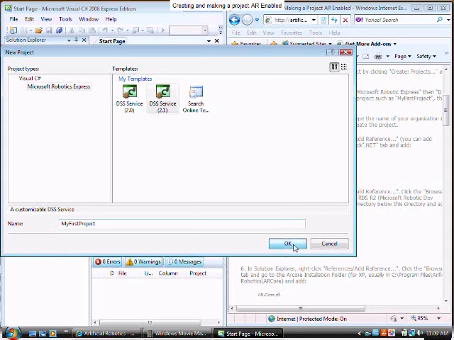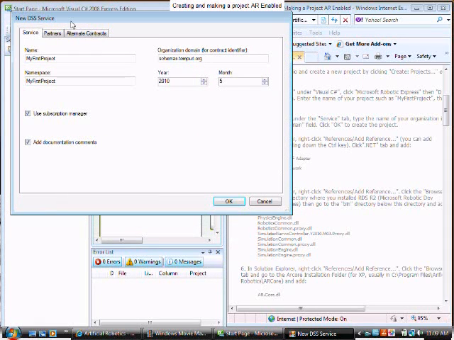And I'll click OK. When the new DSS service panel comes up, I'll type in my domain, artificialrobotics.com,